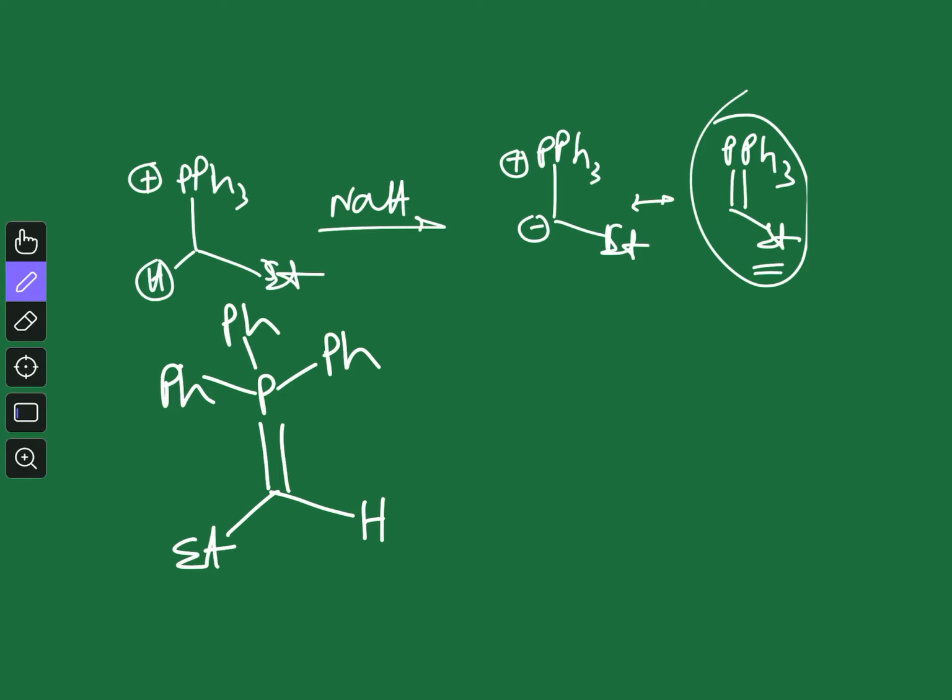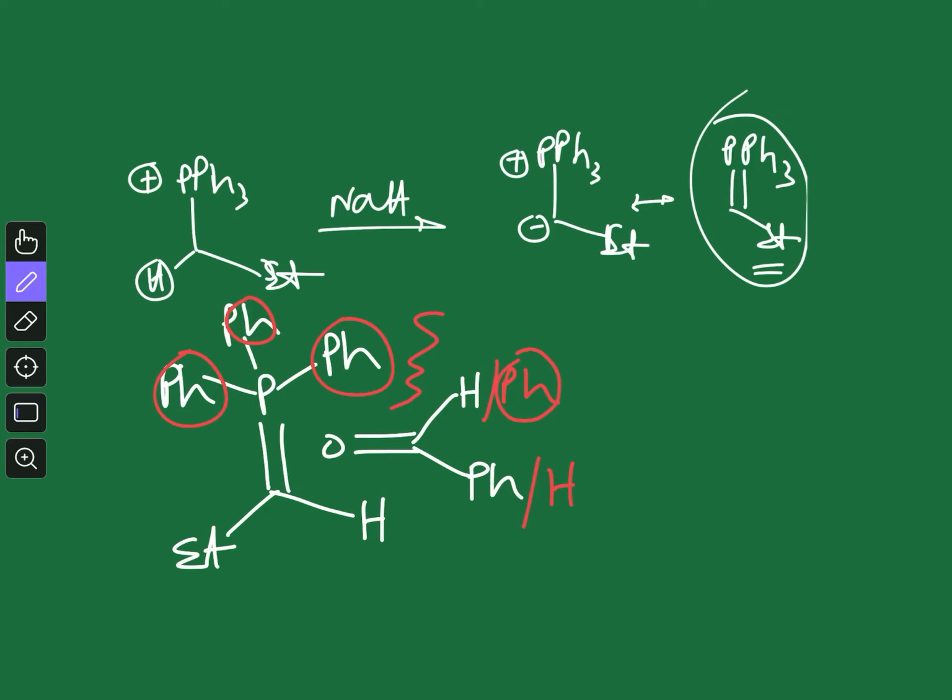Okay, now from the back the aldehyde will approach. So let's say the aldehyde approaches from here. Now here you have to make the proper arrangement of the aldehyde. So I can put either the hydrogen here and the phenyl here, the benzaldehyde, or I can do the reverse, that is I can put the phenyl group over here and the hydrogen over here. Now clearly this red arrangement is not favorable, because then this phenyl and all these other phenyl groups will experience the steric hindrance. So you have to always keep the small group above and the large group below. So this white arrangement is indeed the correct arrangement.